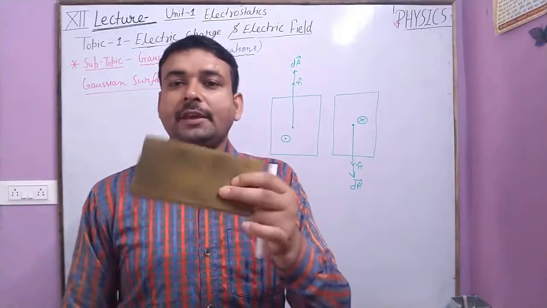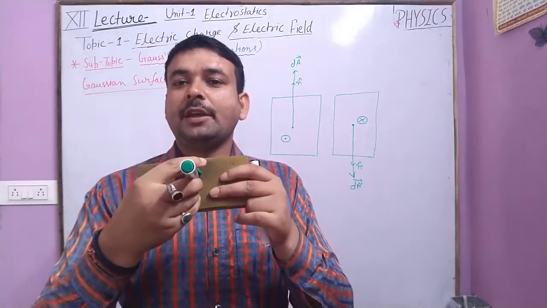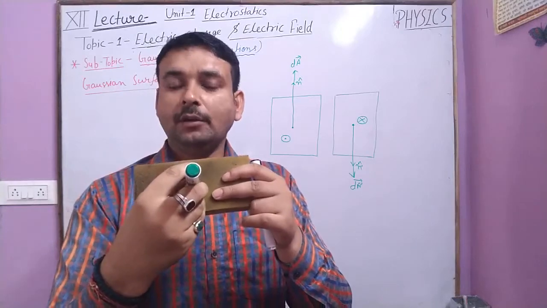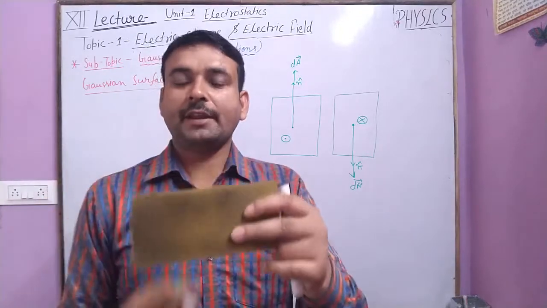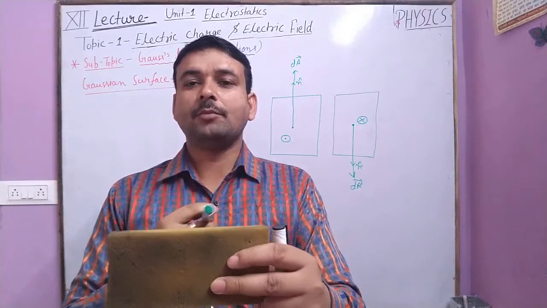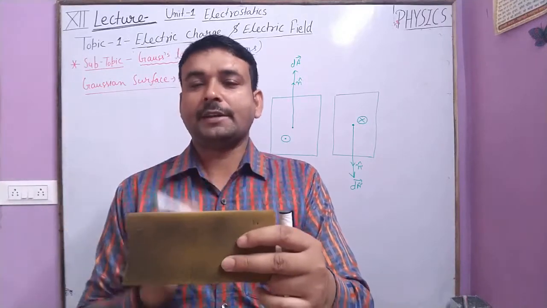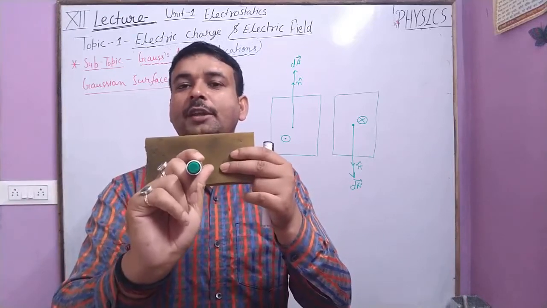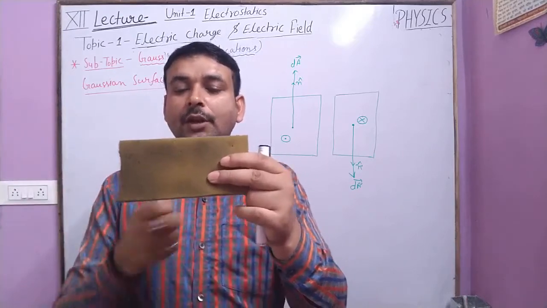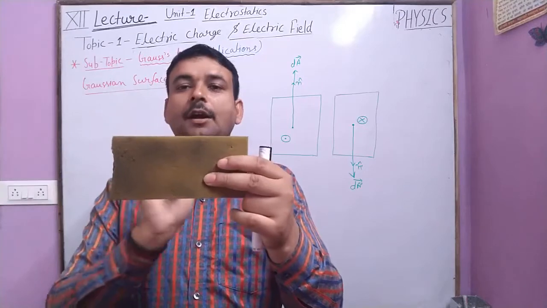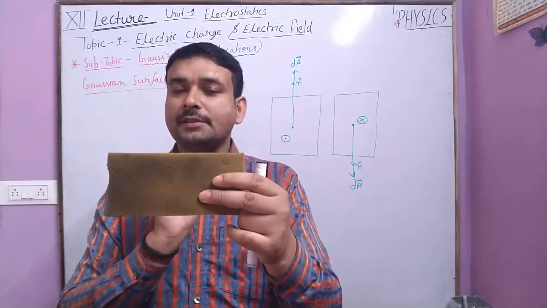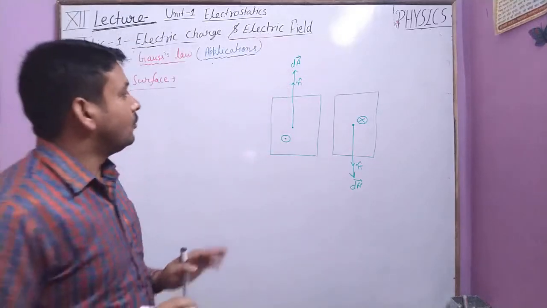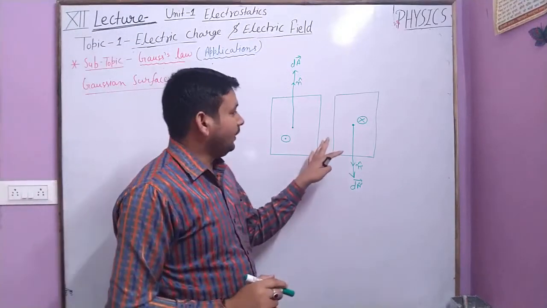सपोज ये है एक सिचुएशन, तो इस केस में एरिया वेक्टर is from the forward direction and for this case is from the backward direction. But if you are facing this face, the area vector is in direction to you, and I am facing the opposite face, then the area vector is in direction to me. ठीक है. दूसरी सिचुएशन,